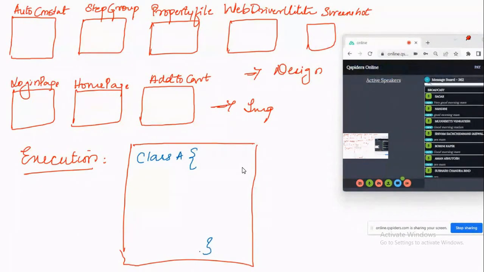Now tell me, opening of the browser, maximizing, entering the URL, implicit wait. Where is the code written? The code is written in the step group. So I'm not writing it again. This class extends